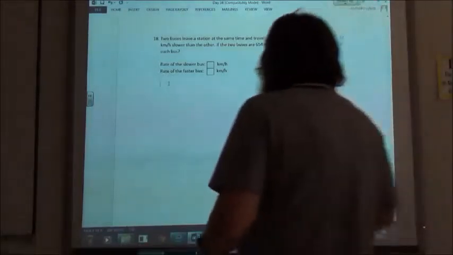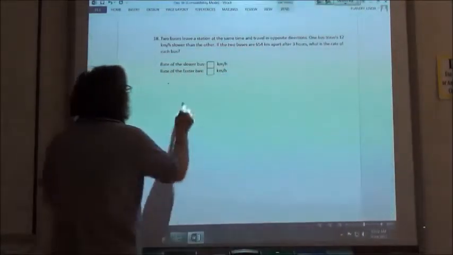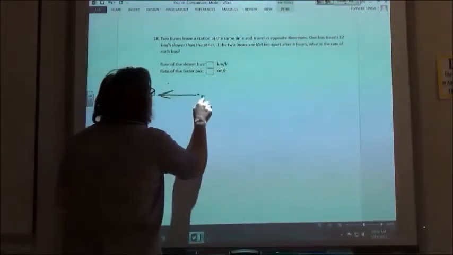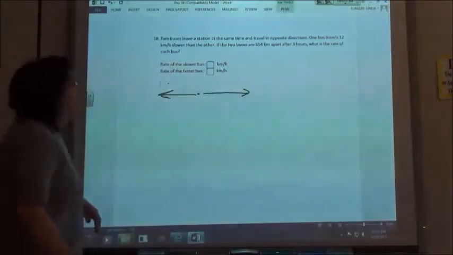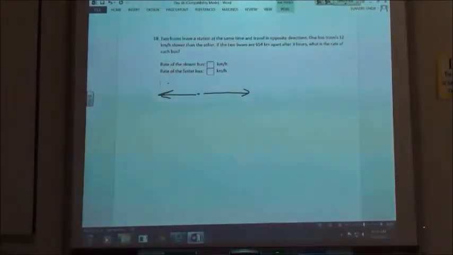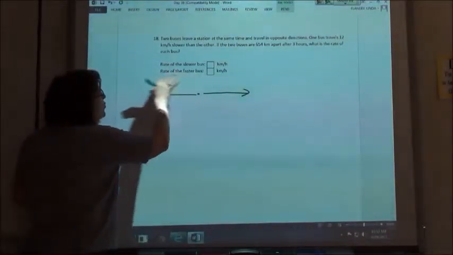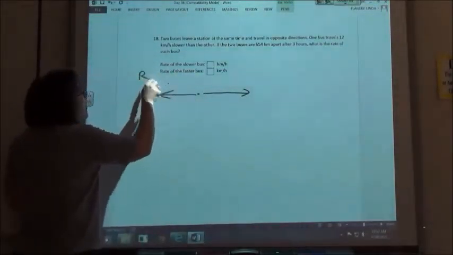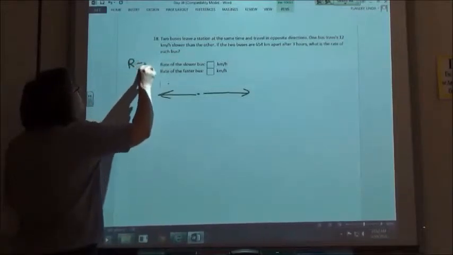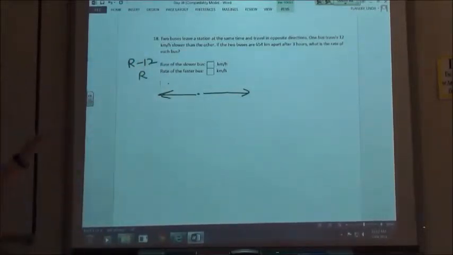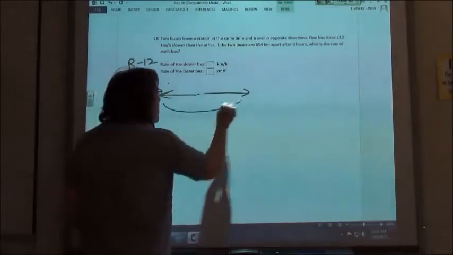So, 2 buses leave a station at the same time, going in opposite directions. One bus travels 12 kilometers per hour slower than the other one. So this time, the faster bus's rate is going to be r, and the slower one is going to be r minus 12, because obviously if it's going slower, that's going to be the slower bus. The 2 buses are 654 kilometers apart